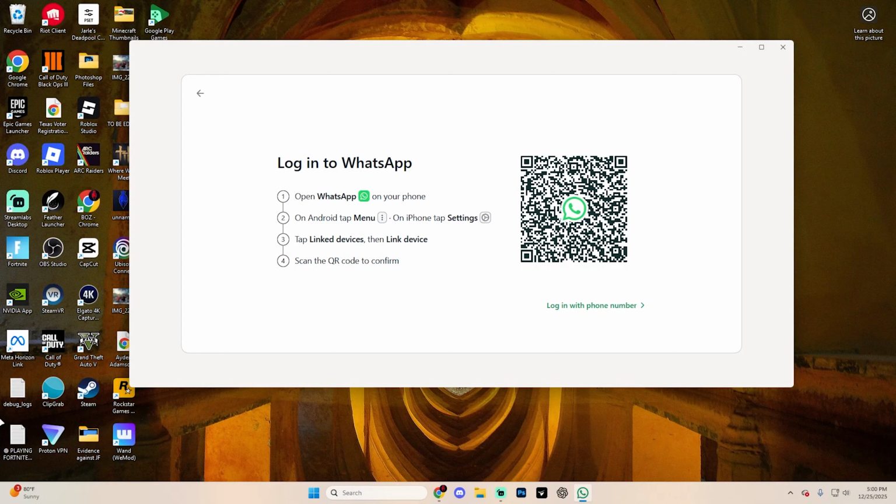Alternatively, you can log in using your phone number, and WhatsApp will send you a verification code to your phone. Whenever you do enter it, you'll be logged in. But as soon as you do either of those, WhatsApp is going to be fully set up on your laptop